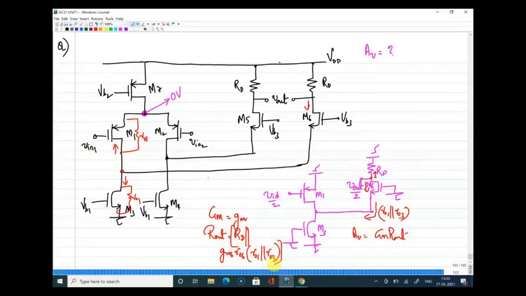Yeah, Ayushi, that is right. Akansh, I think it is not diode connected, so there you made a mistake by putting 1 by GM. Otherwise, it is right. Yes, Aditya, that is right. Amit Kumar, yeah, RD should come in parallel to the entire resistance. That is the only difference.